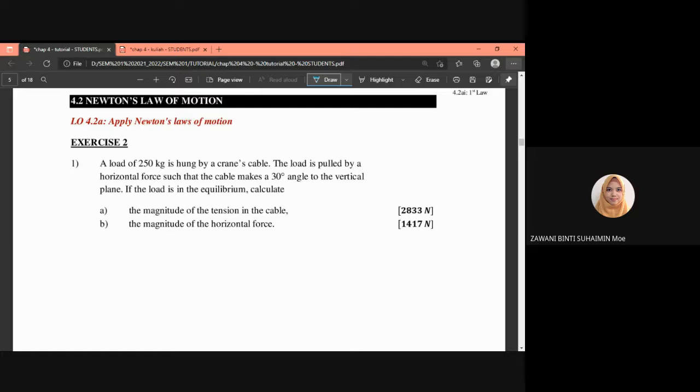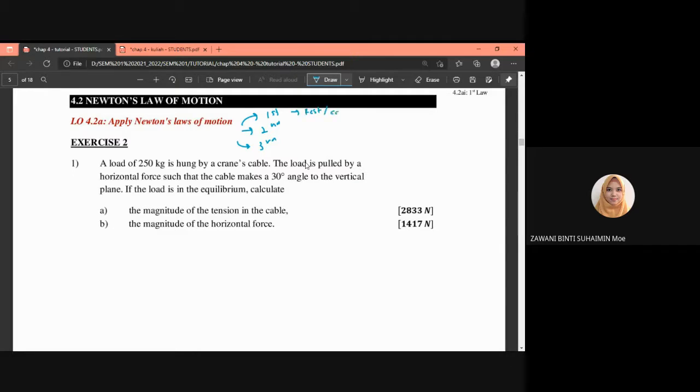So under this video, I'm going to cover subtopic 4.2, which is the application of Newton's laws of motion. So I just want to remind you, okay, we have the first Newton's law, second Newton's law and third Newton's law. Okay, for the first Newton's law, the equation we will use, we will focus on objects that are at rest